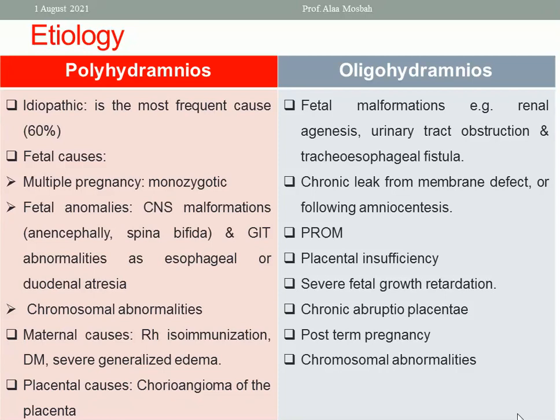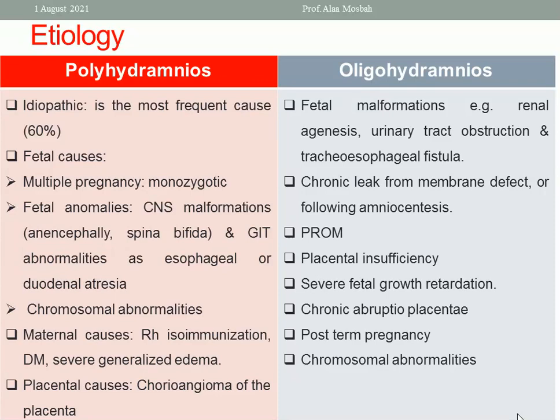Fetal anomalies like CNS malformations such as anencephaly and spina bifida, because of increased CSF in the amniotic fluid and irritation of the meninges because they are exposed, so there is more increase in secretion into the amniotic fluid. Also, what is very important is GIT abnormality like esophageal atresia or duodenal atresia,